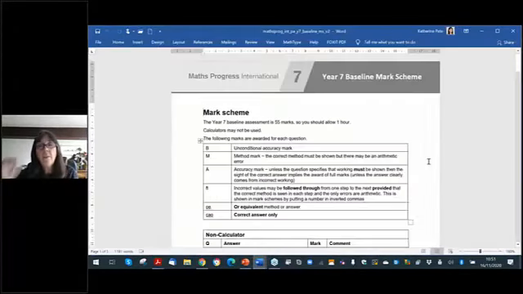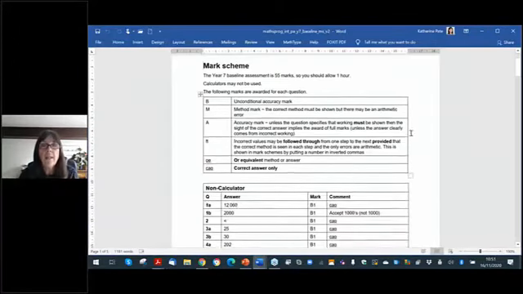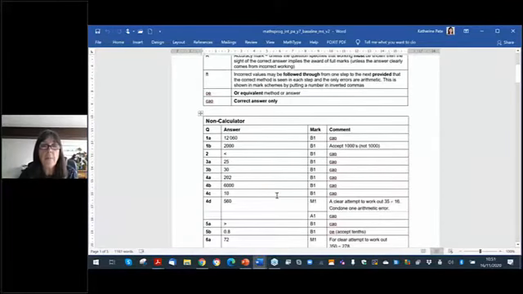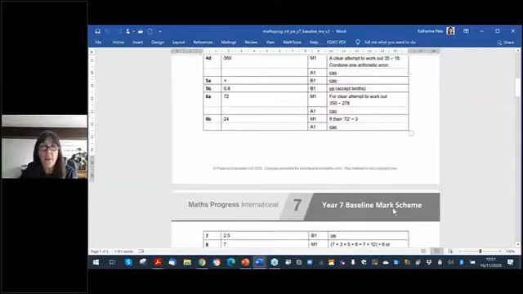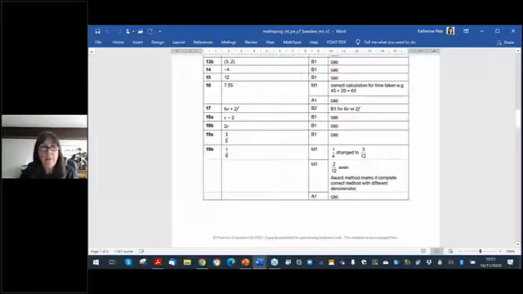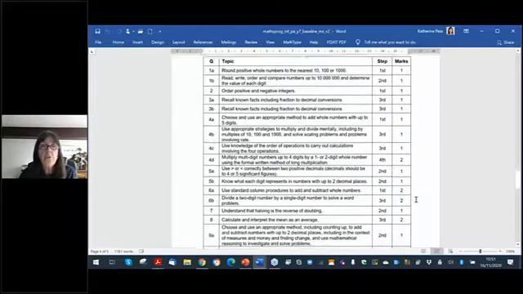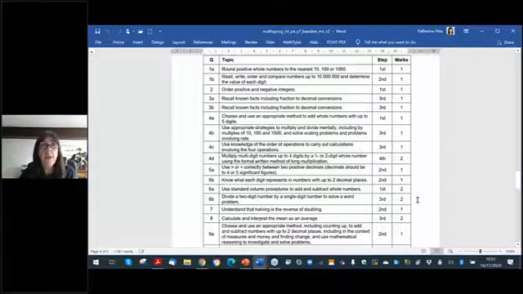There we are. So all the tests in this assessment pack have a similar mark scheme. They show you how to award the marks, what the sort of codes are in the mark scheme below. And they give you the correct answers and show you where you can award marks for method or for working. Following on from the mark scheme, there's also a really useful table that shows you the topics covered by each question